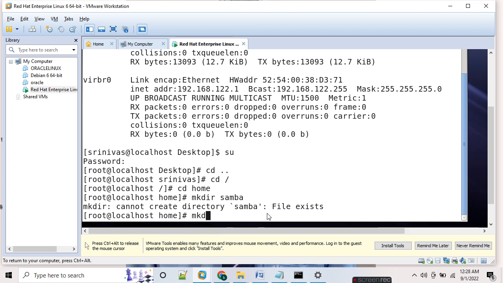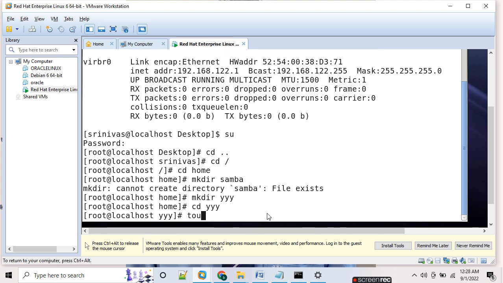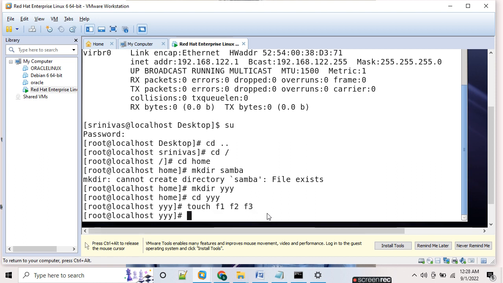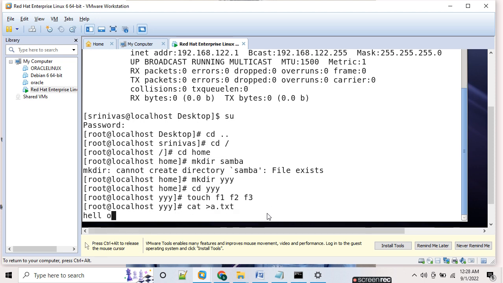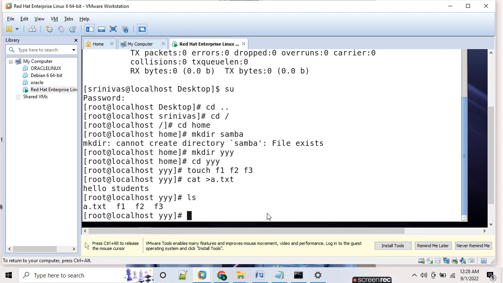Okay, the directory already exists. We will give some other name. We will name the directory as Y. Okay, we will change to the directory Y. We will create some files here. We will create empty files by issuing the touch command, which is used to create empty files. We will create one more text file by issuing the command. Then we can press Ctrl D to come out of this file. Now you can issue the ls command to see the files which are created in the